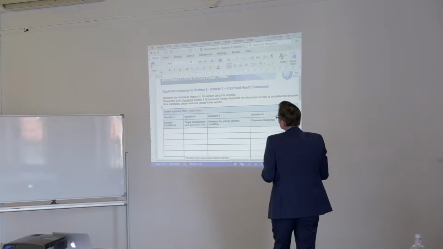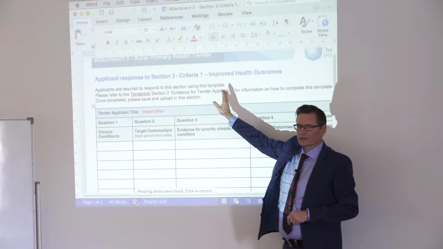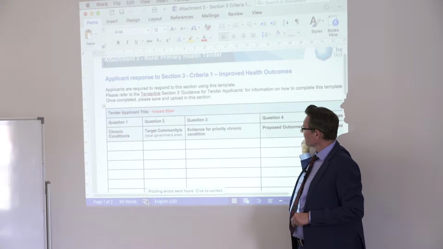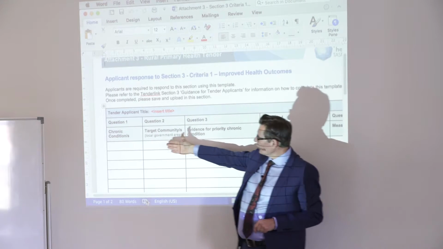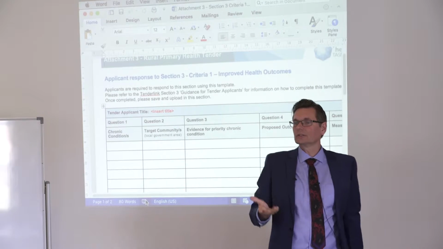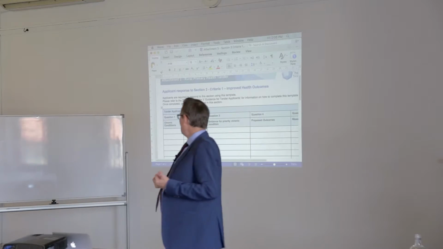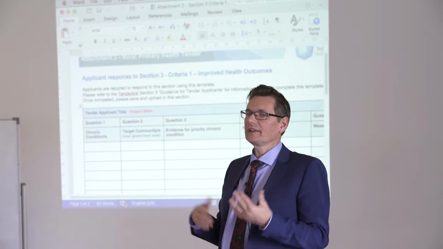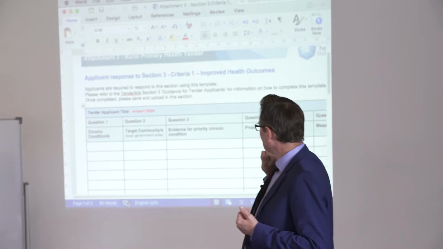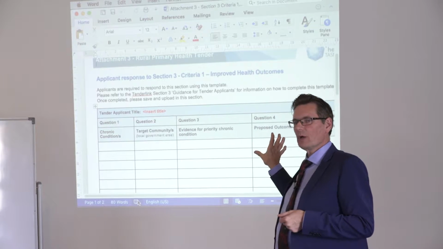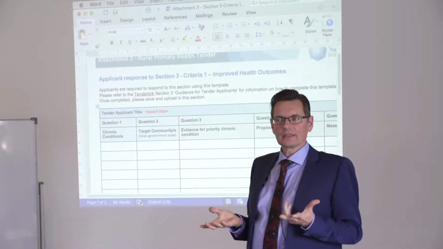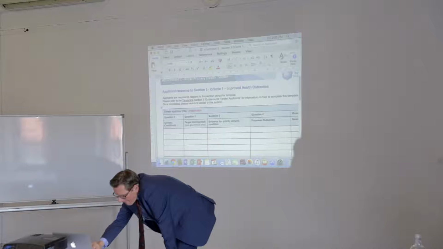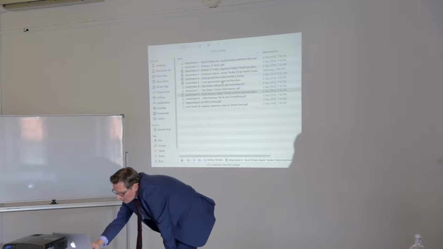And this is your response to Section 3 Criteria 1. And these are the various different questions. And so this one talks about the chronic condition that you're applying for funding for. And if you have more than one, you scroll down, there's one for a second one, and you can add a third and whatever. So the point is that this document needs to be populated, and that's a document that is uploaded later on. Attachment